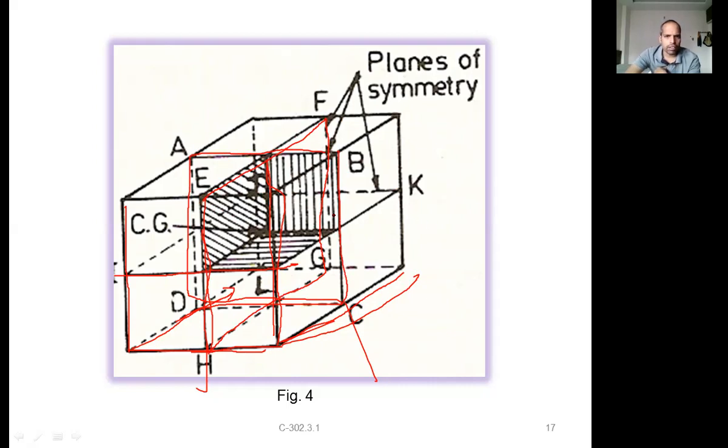This is the height side. If you take this one, this is a plane of symmetry. You can see dotted lines here; this is a plane of symmetry. So it is symmetrical about all three dimensions, all three directions. That is where the center of gravity lies, very simple: the intersection point of all these planes, that is nothing but this point. This is your center of gravity. So the center of gravity lies at the intersection of the lines of symmetry. Wherever the planes of symmetry intersect, that is your center of gravity.